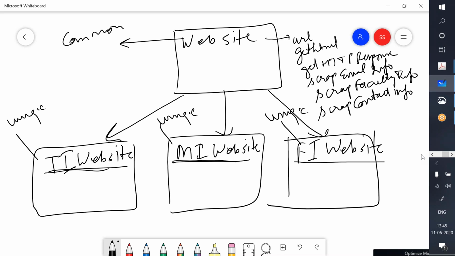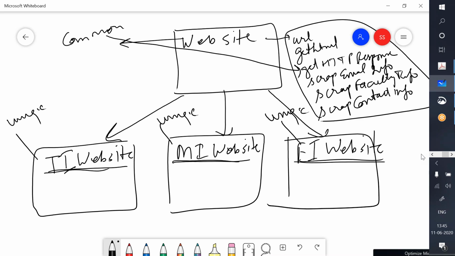All these institutions may have interest in scrapping email or faculty information or extracting contact information from the main website. So this is our common functionality, which will be inherited by these websites.